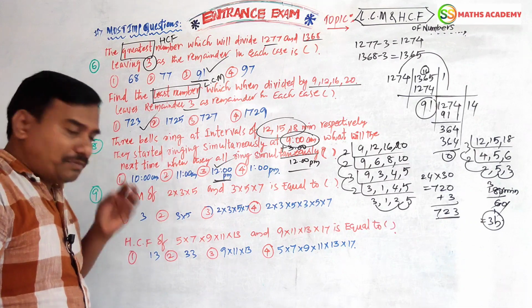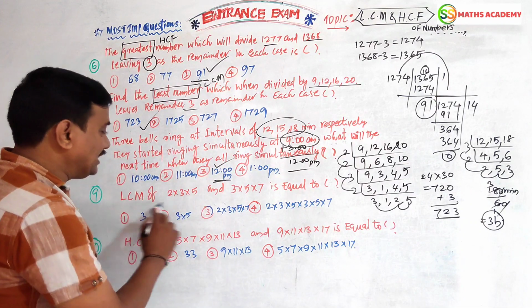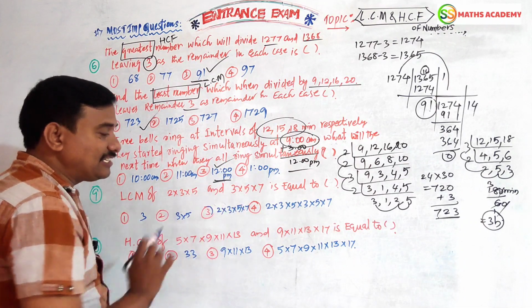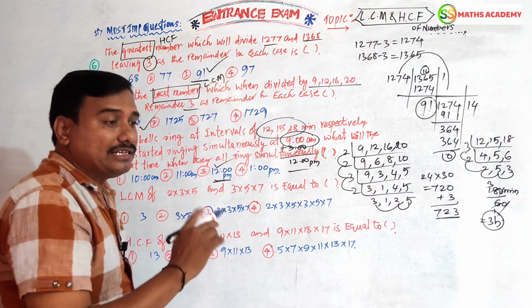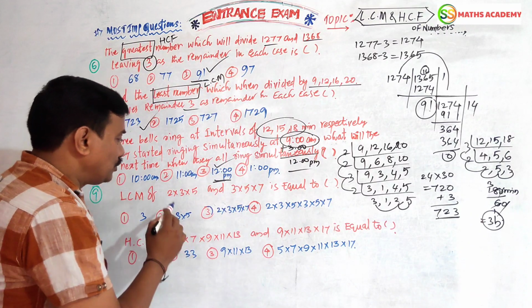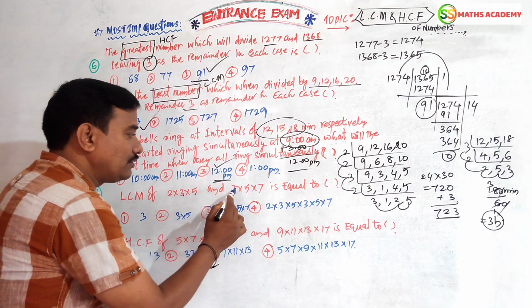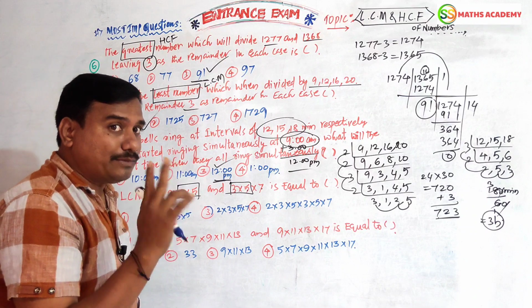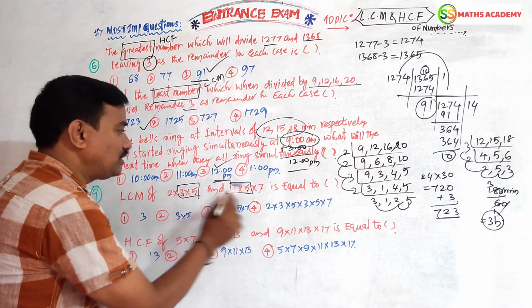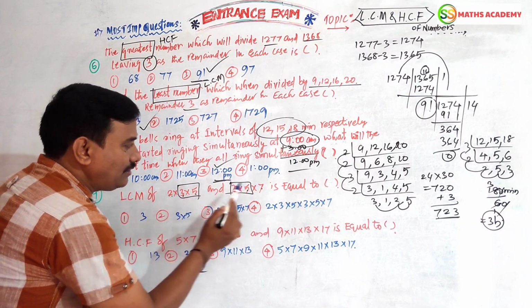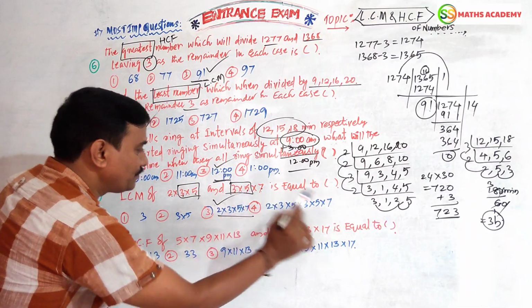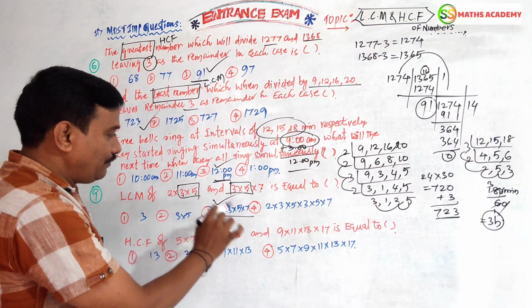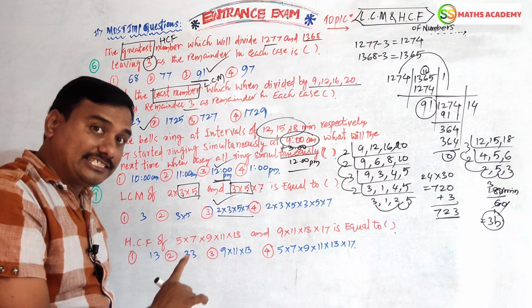Next, that is the question. By seeing you can say the answer. LCM of this, your prime factorization is given. I told you LCM means highest power. Take all the repeated numbers once. So 2 3 5, 3 5 7, 3 5 3 5. 2 is repeated, you can take it 1 time. And 2 7 you can write. 2 3 5 7. Finish, answer: 2 3 5 7. Consider the repeats only 1 time.